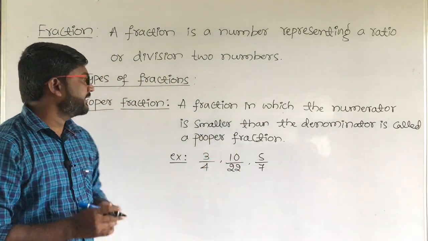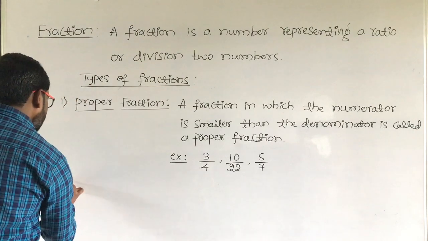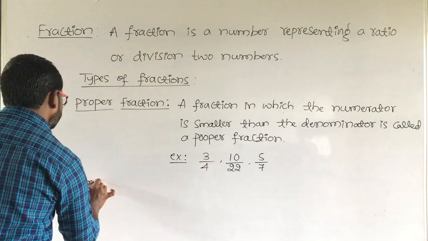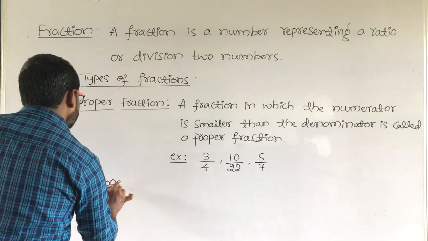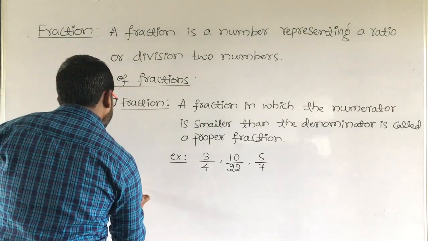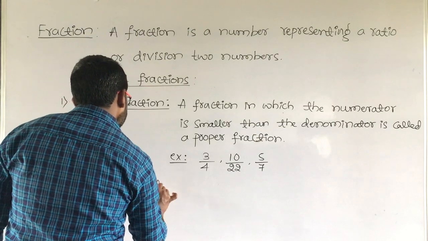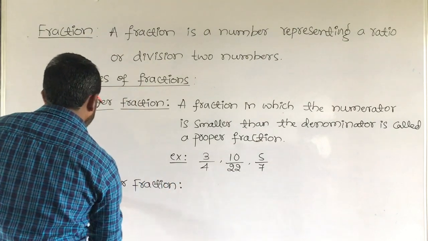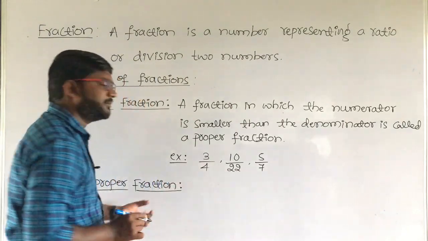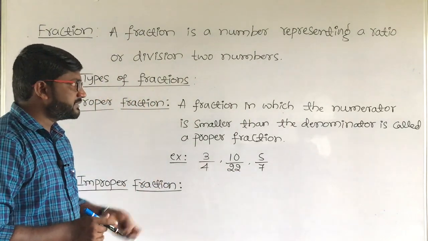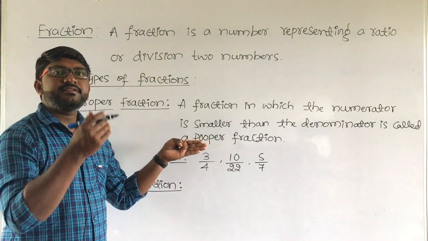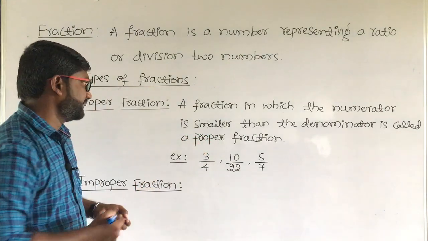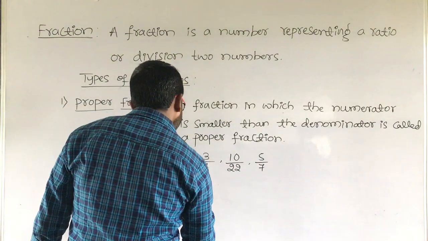Next we are going to improper fractions. The second one, improper fraction. ವಿಷಮ ಭಿನ್ನ ರಾಶಿ ಅಂತ ಹೇಳ್ತೀವಿ. So in this case the numerator is greater than the denominator or equal to the denominator. See here, a fraction